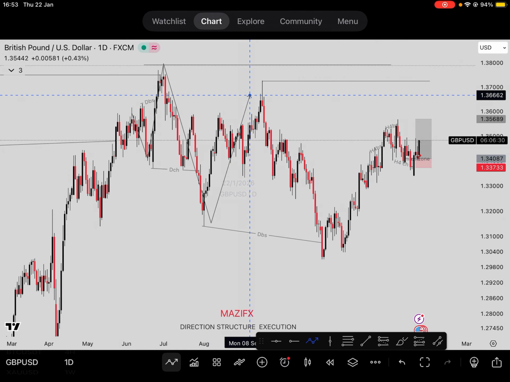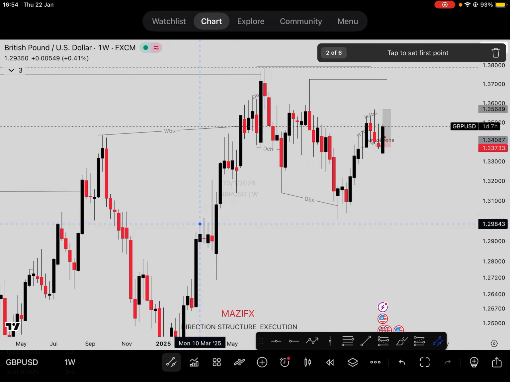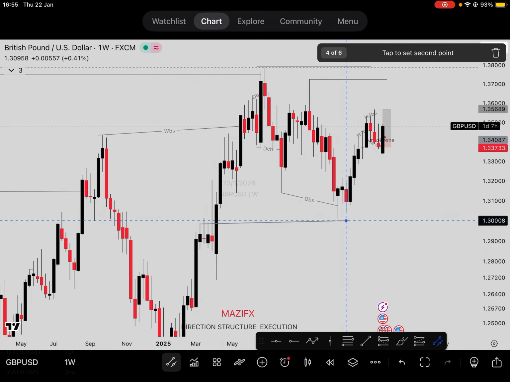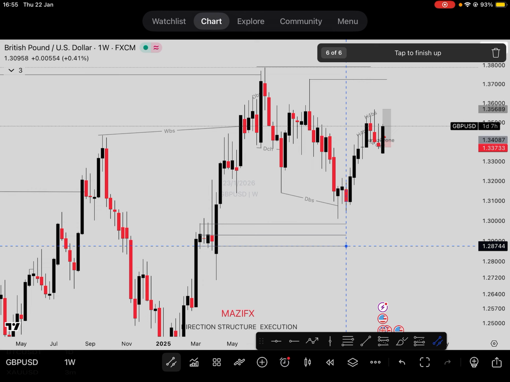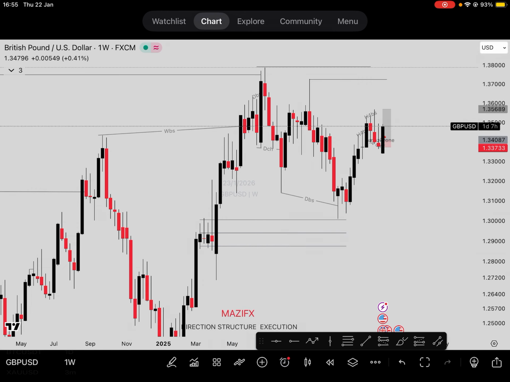Weekly is actually buying. Now looking at weekly here, you can see this is the last weekly structure from this high to the low to this high. And weekly first of all came back and tapped into this zone here, tried to make a new high but failed. So we're coming back to sweep it, now using here as inducement to tap into this other demand zone. This is where it tapped into.